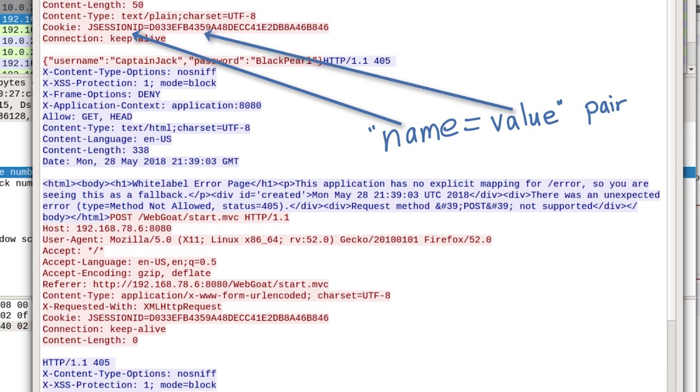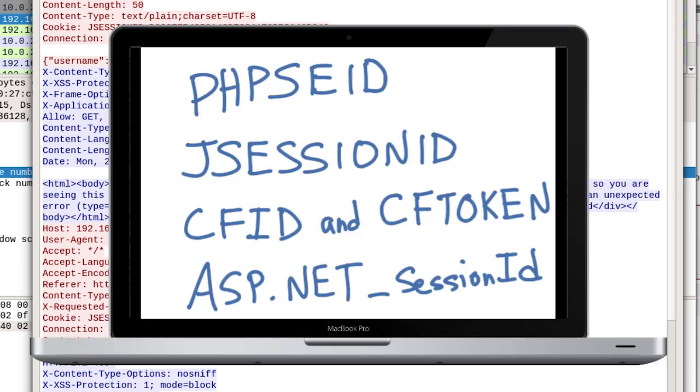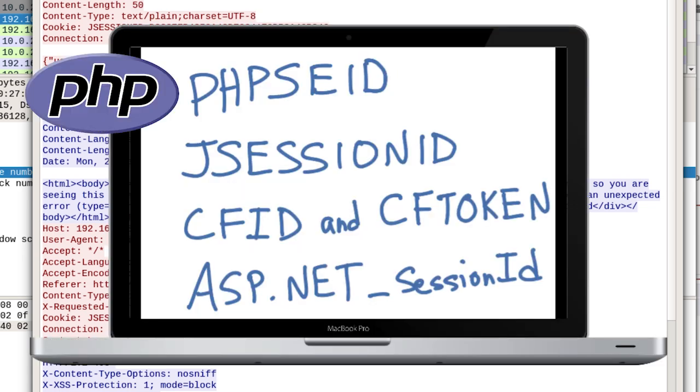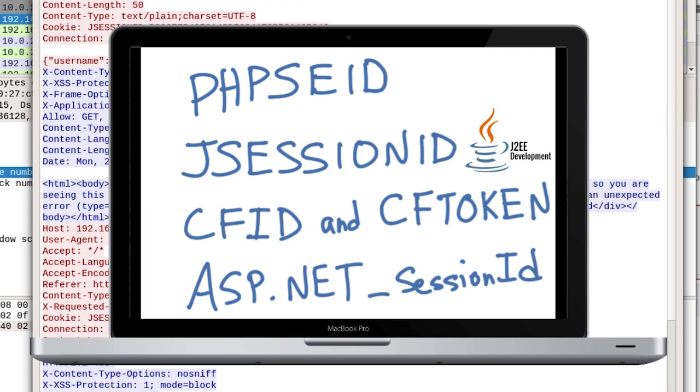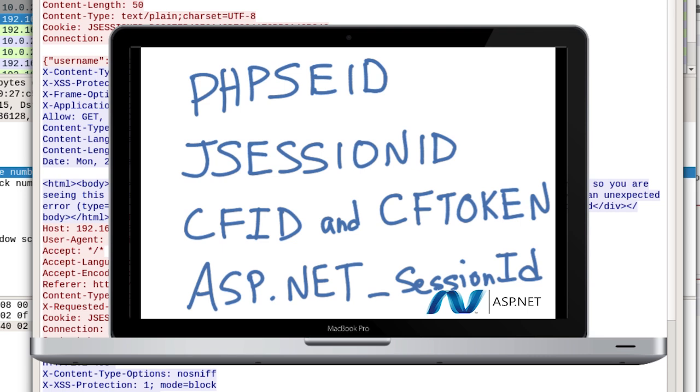Now, session ID names used by the most common web application development frameworks can be easily fingerprinted. For example, you can easily identify PHPSESSID in the case of PHP, JSESSIONID in the case of J2EE, CFID and CFTOKEN in the case of ColdFusion, ASP.NET_SessionId in the case of ASP.NET,